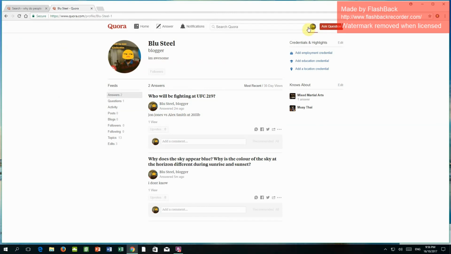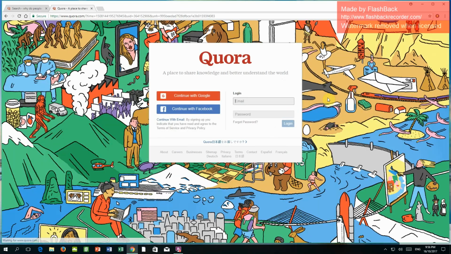Again, so I want to click on that image right here, and then I'm going to go all the way down right here. As you can see on the bottom right hand side, it says logout. So it's quite small. People might not know where it is, so you want to go here. So click on that, and then go log out. And that's pretty much how you log out of Quora.